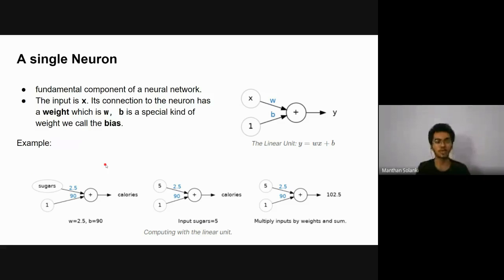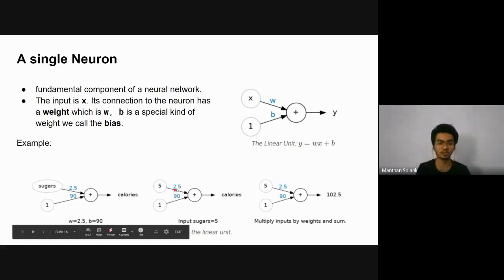If I want to calculate the calories from the sugars, I will enter my input x as 5. Here I have the weight w equal to 2.5 and the bias factor is 90. After multiplying and adding the bias factor, I will get the calories. This way the linear unit calculates for individual inputs.